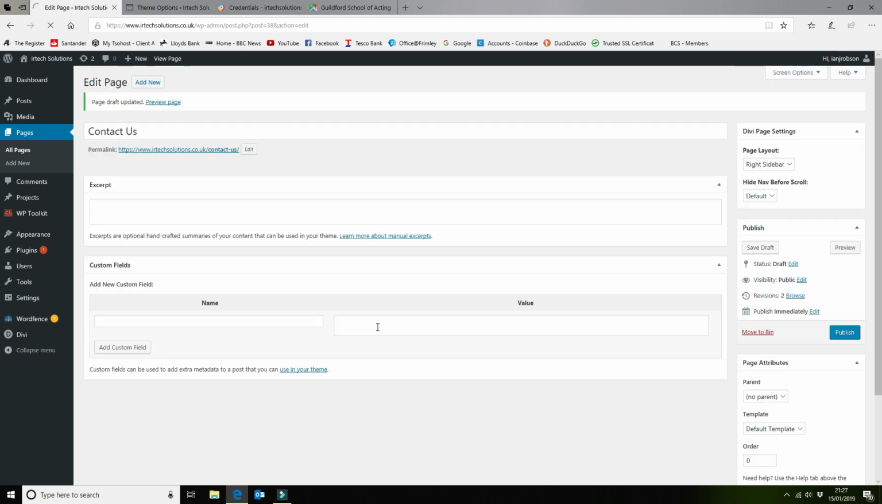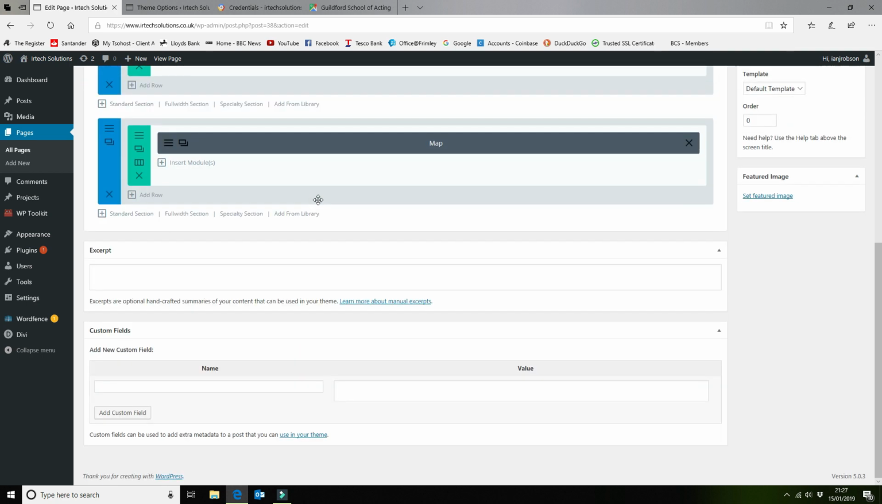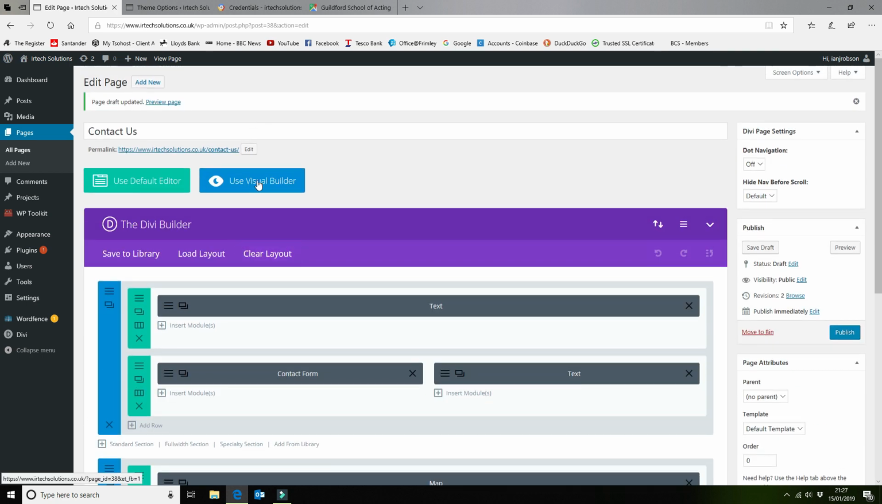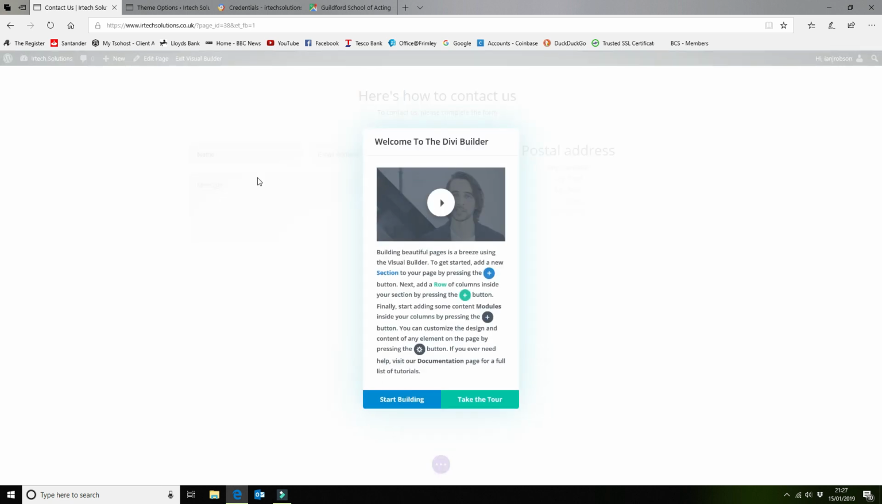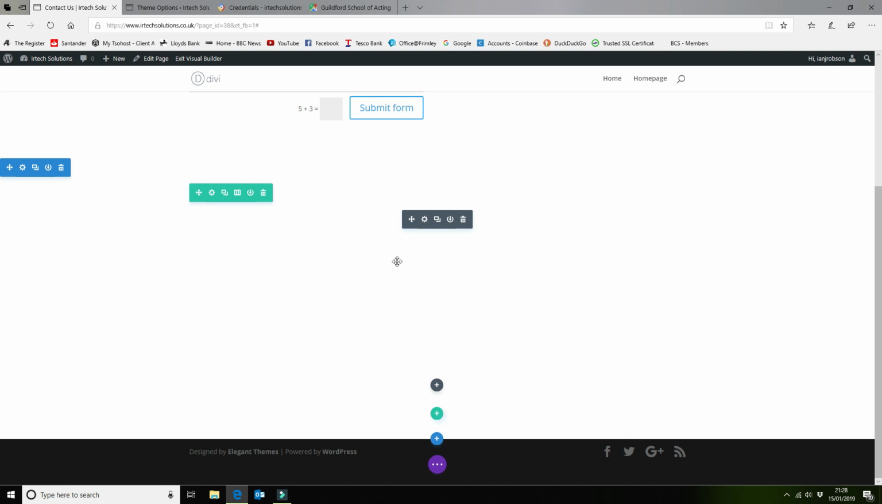and then we're going to use the Visual Builder. So we click on Visual Builder, that's the message you get when you first use it. So I've not used it on this site before. Okay, so this is our